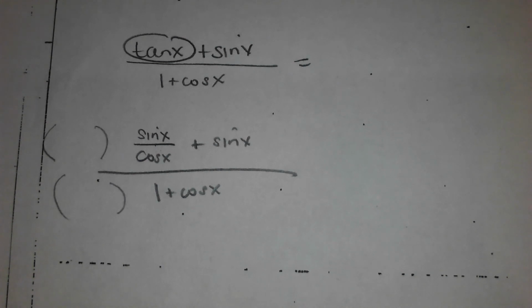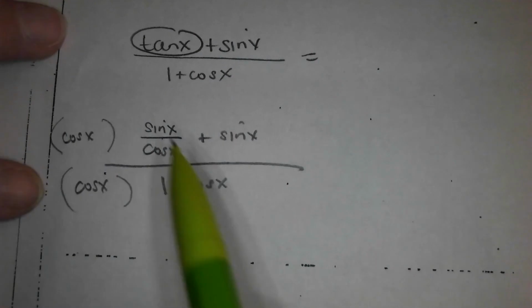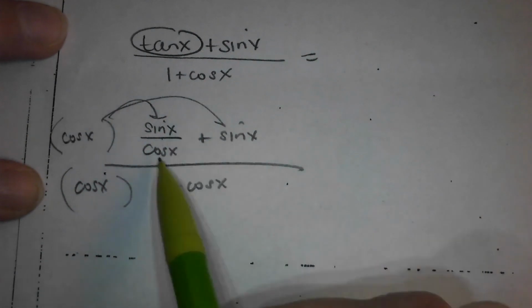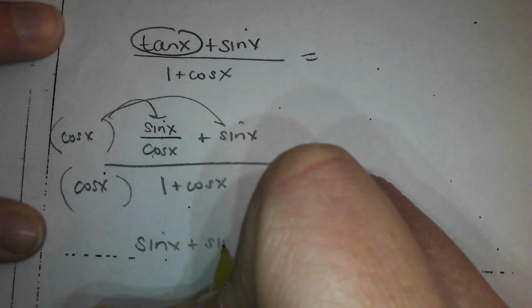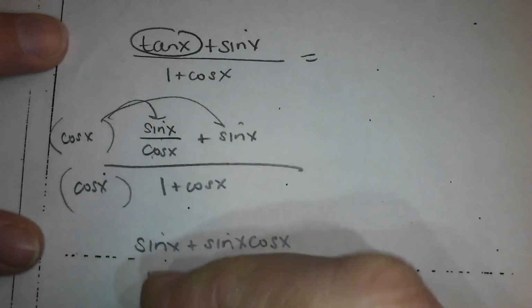What's the only mini denominator in the whole problem? Cosine x. So if I multiply by cosine x over cosine x, the cosine x will cancel in the numerator, so it'll be sine x plus sine x cosine x over